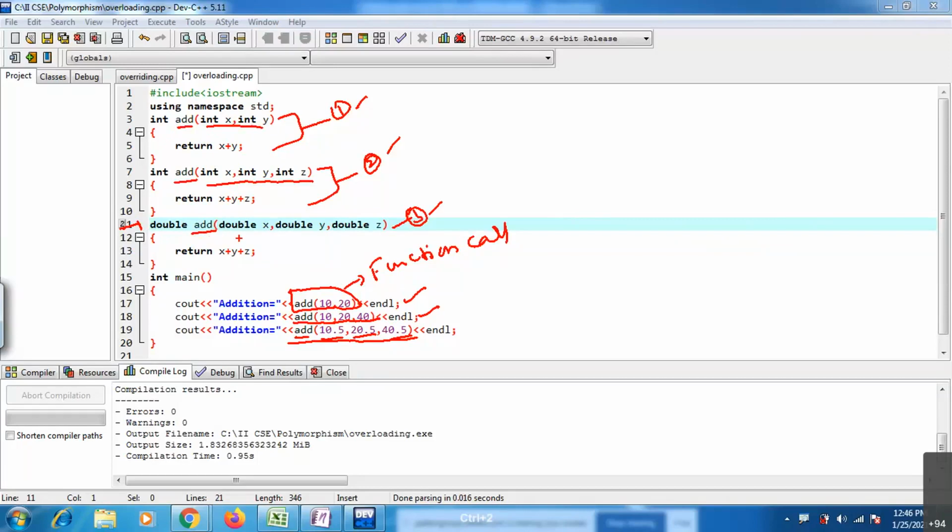In the third case it is also expecting three values, but these are of double type. In the previous case it is integer type, in this case double type.